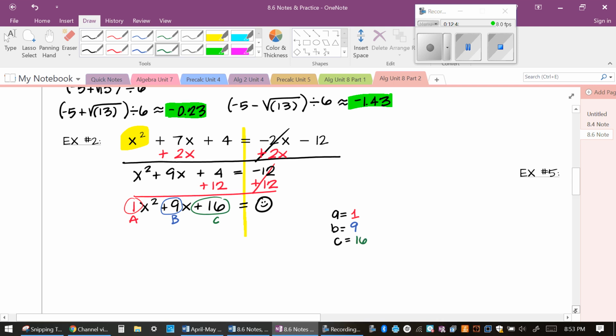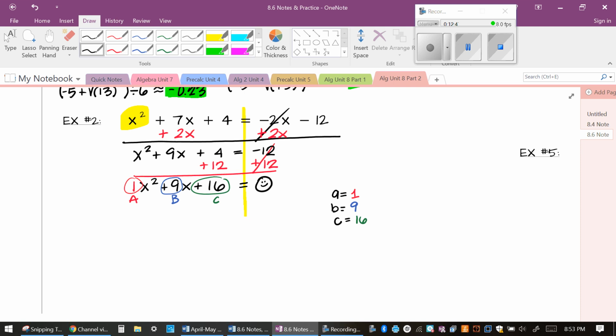Okay, now I'm ready to substitute all those numbers into the quadratic formula. So here we go. X equals the opposite of b. So since my b was positive 9, I'm going to use the opposite, which is negative 9, plus or minus the square root of b squared minus 4ac. So notice that I always put the regular b, which was 9, in parentheses. I recommend that anytime you have an exponent of 2 or 3 or whatever, make sure you're using parentheses, because that'll help you whenever your number is negative inside. Okay, b squared minus 4ac